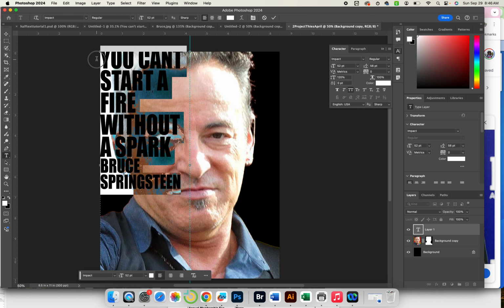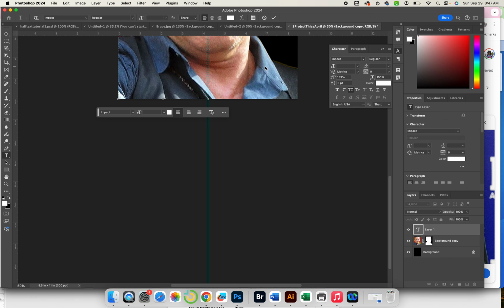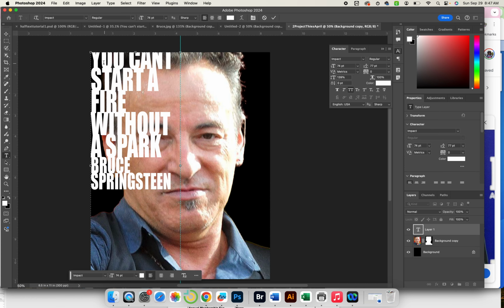And I actually decided I want to make this a little bit taller. So I'm going to adjust my vertical scaling. I'm going to go up to about 139. Sometimes it makes it look a little wonky, but I need some depth here. So again, I'm just playing around with my text, which then this means I'm going to have to adjust my